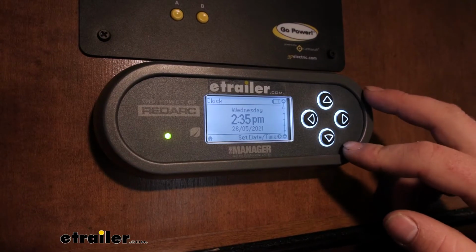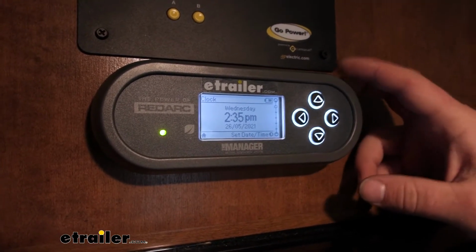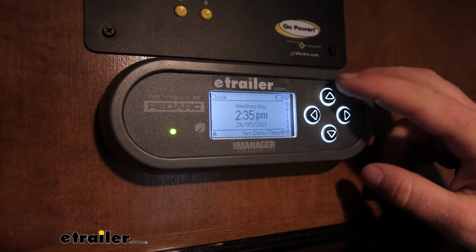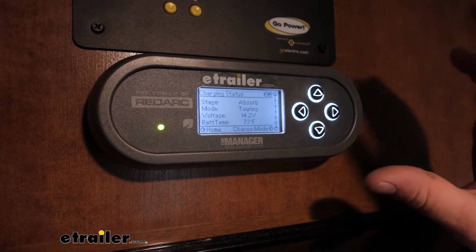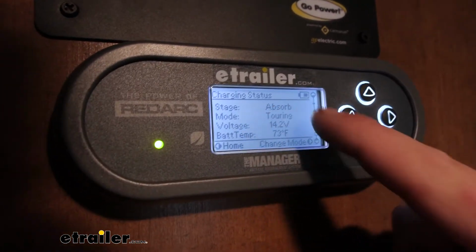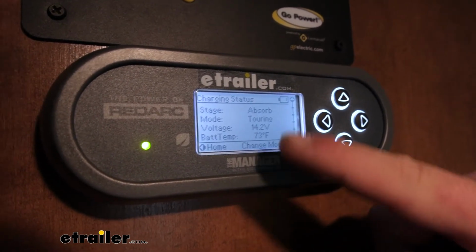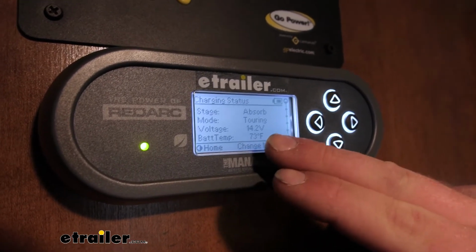There's going to be a ton of different things you can do with your remote, and I don't want to get into too much detail with them, but with that said, we'll just go over some of the basics, what's going to be most commonly used. One of the menus is charging status, so it's going to tell you the stage of the battery, so absorb, the mode, which is touring, your battery voltage, so right now we have 14.2,